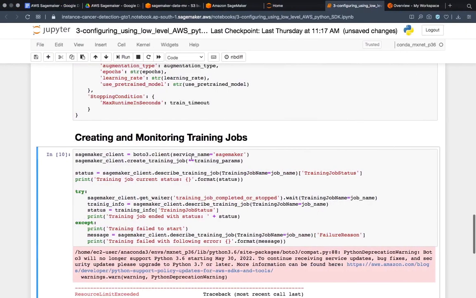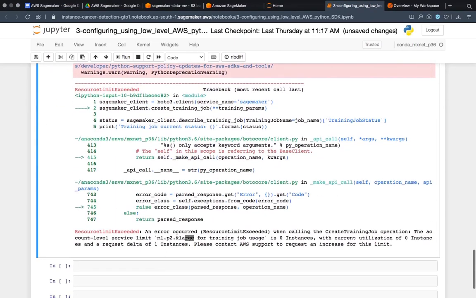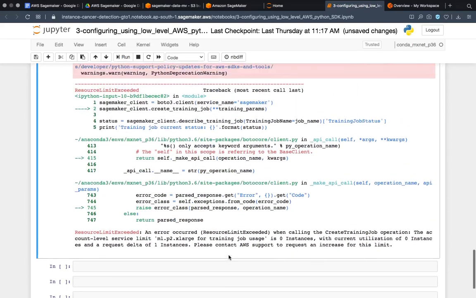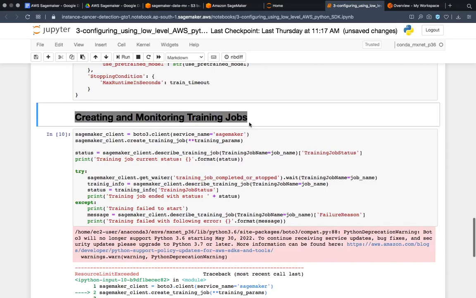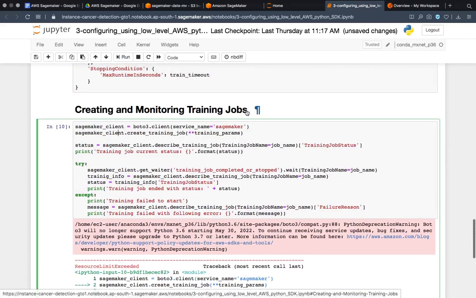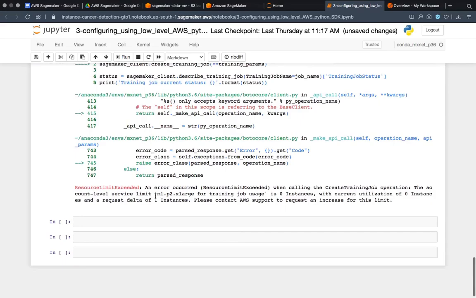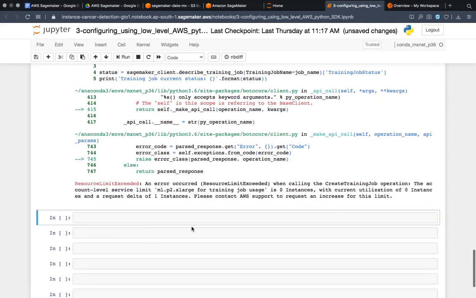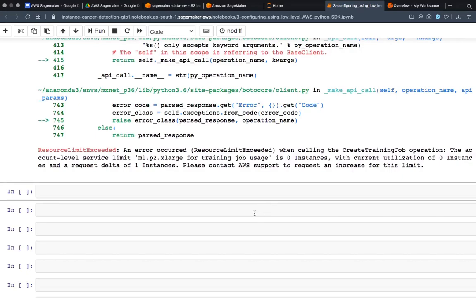In the first session, what I showed you is how to demand this ml.p2.xlarge instance. We were demanding an extended version of it, and that will take 24 to 48 hours. Up till then, I will simulate the results, and everything will go the same. So you need not worry much about it. What I am trying to do over here now is